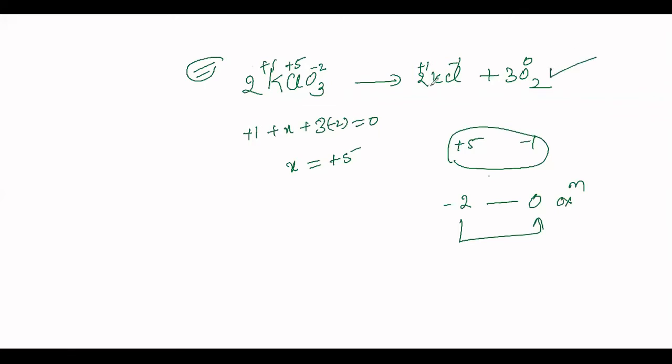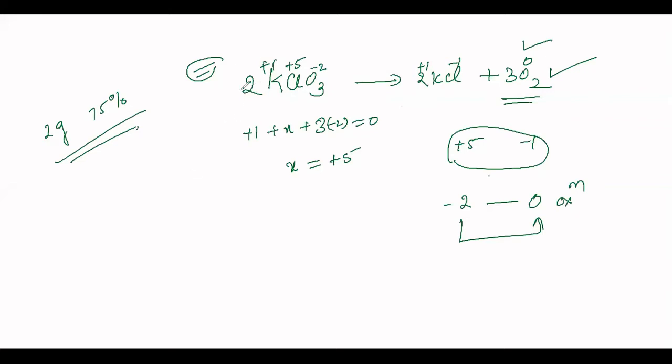stoichiometric calculations. Okay, because it is very simple and also a very well-known compound, that is the reason this is used. In fact, it is one of the compounds which is used for the preparation of oxygen in the lab. Okay, only thing is you will have to add MnO2 as a catalyst here, that's all. So in this case, they might give you, say for example, you can calculate it later, not now, 2 gram of KClO3, which is 75% pure, is taken. After it is decomposed, what should be the volume of oxygen that is liberated at STP?